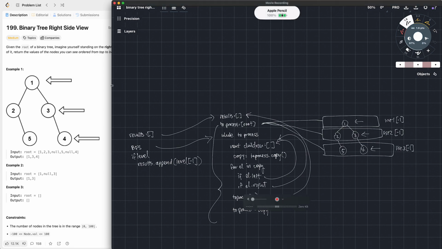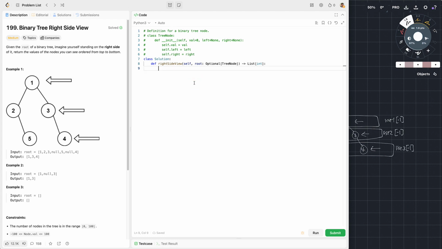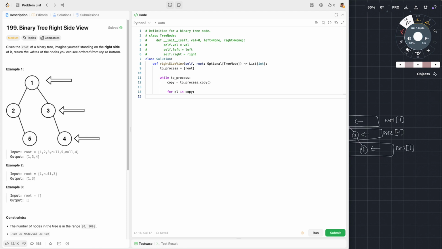So this is basically what we're going to code. We're going to code a BFS, pretty vanilla style. So if you want, you can code the BFS without doing anything yet, and it'll give you a sense of what to do, right? So let's say toProcess here is start to the root, and while toProcess has any elements, then we're going to make a copy here, toProcess.copy, so we don't destroy what we have, and then for these elements, we're going to process them, right? We have a next to process. I'm going to have that be empty, and if the element has a dot left, right? So if it's not none,